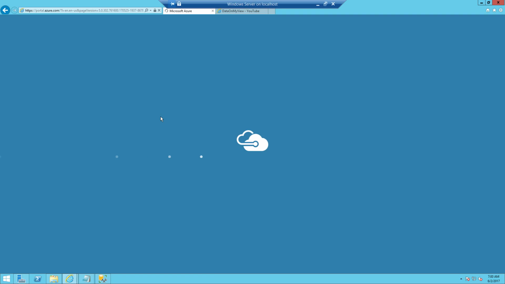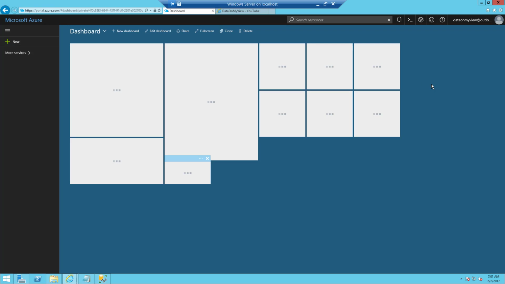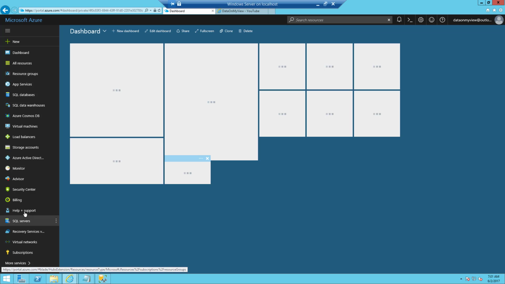This is loading in my Azure portal. You should have some credits to create a new service. I have two different subscriptions, one is a free subscription and another one is a developer subscription.